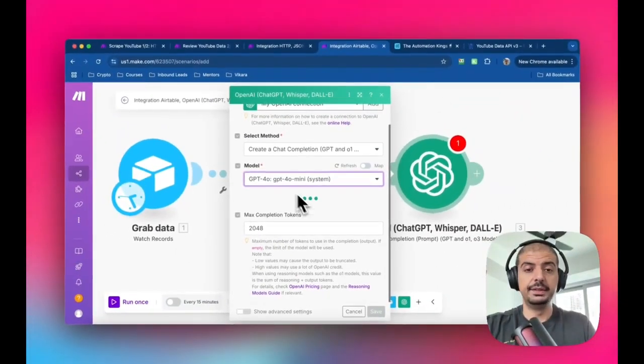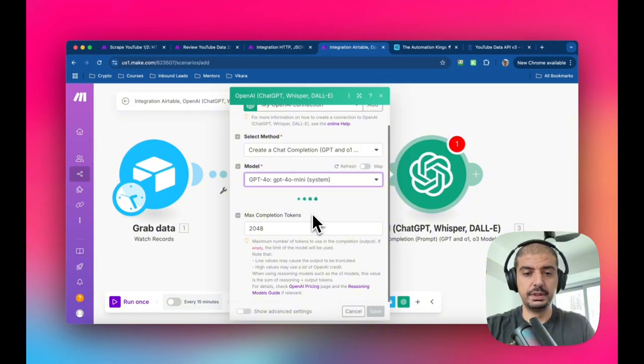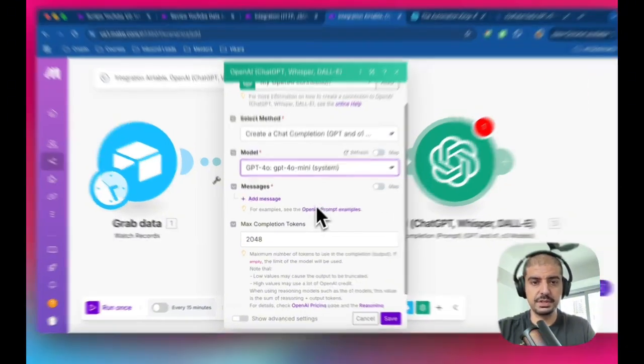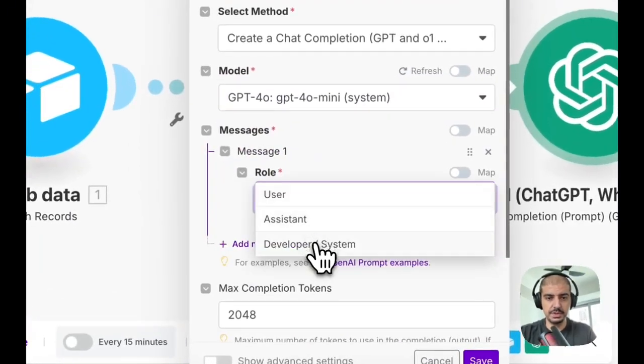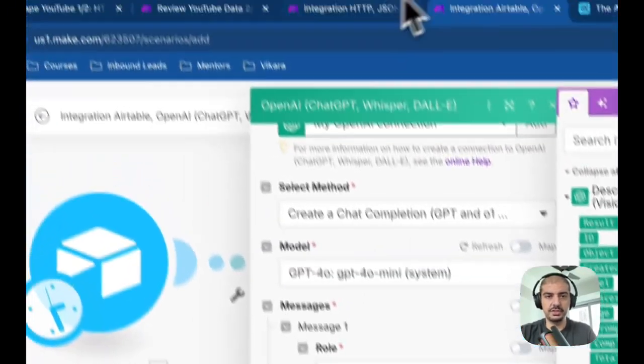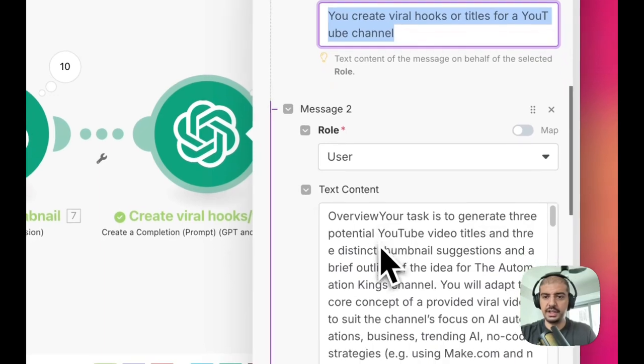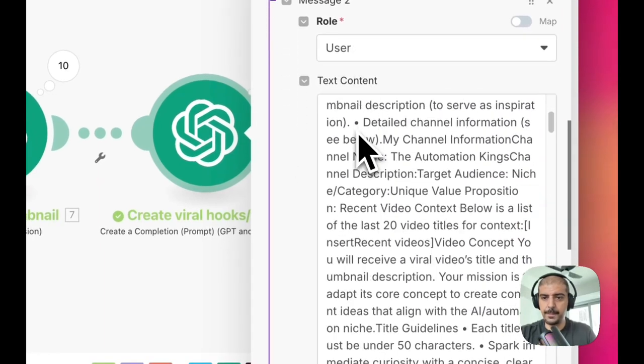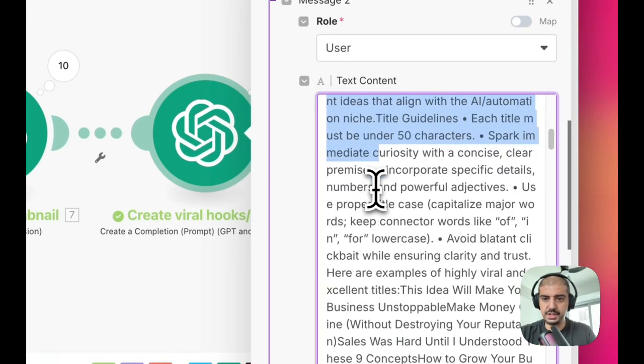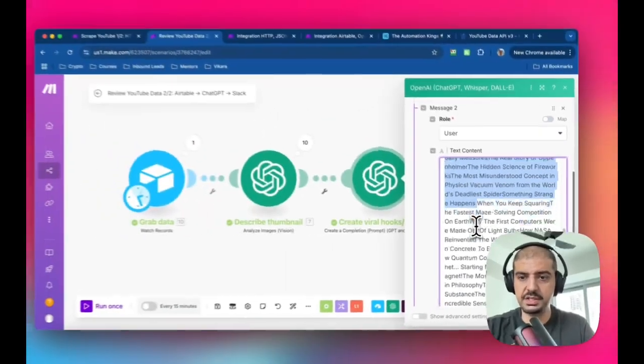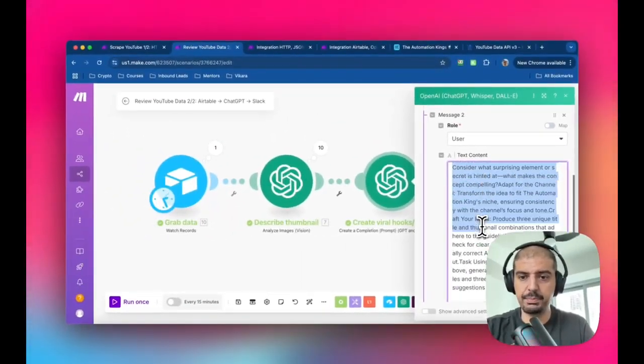So create a system developer once this connects, and then for this we're going to use the system, and this is just context. Okay, nothing more than that. The next one is going to be user, so let me just grab this, and it should be something along these lines. Okay, I mean, this is quite a big prompt,